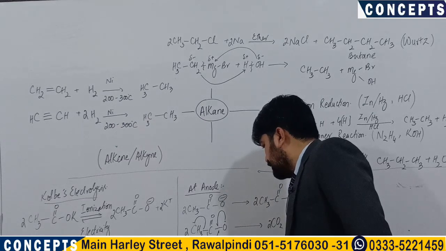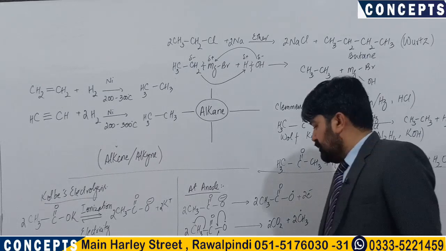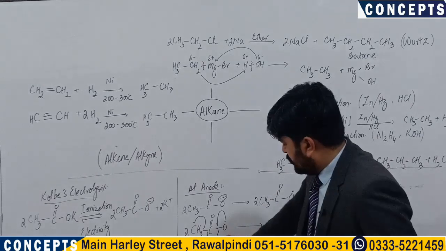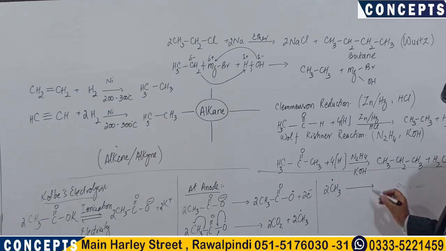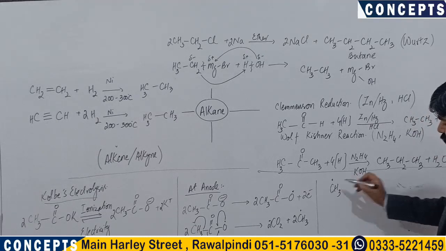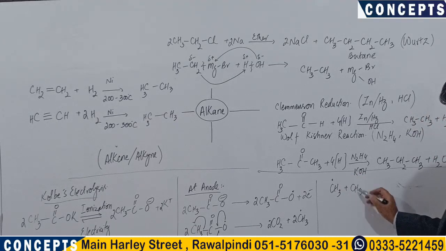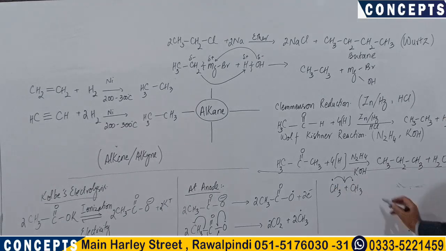These 2 methyl free radicals, hopefully you are seeing this at the bottom, or maybe I can write it here for you. 2 methyl free radicals combine with each other. Let's say for simplicity I write it down like this. These 2 free radicals share their unpaired electrons, resulting in a saturated hydrocarbon, this is known as ethane.